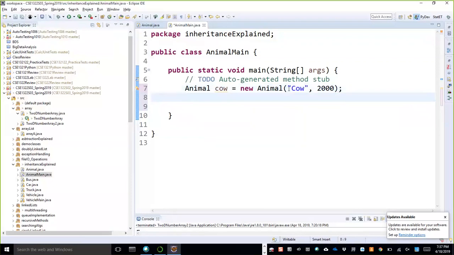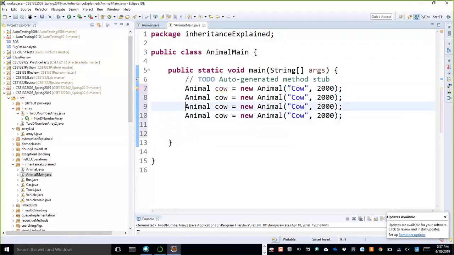So similarly, can I declare other animal objects? Okay, so my cat. For instance, my cat is only 20 pounds.